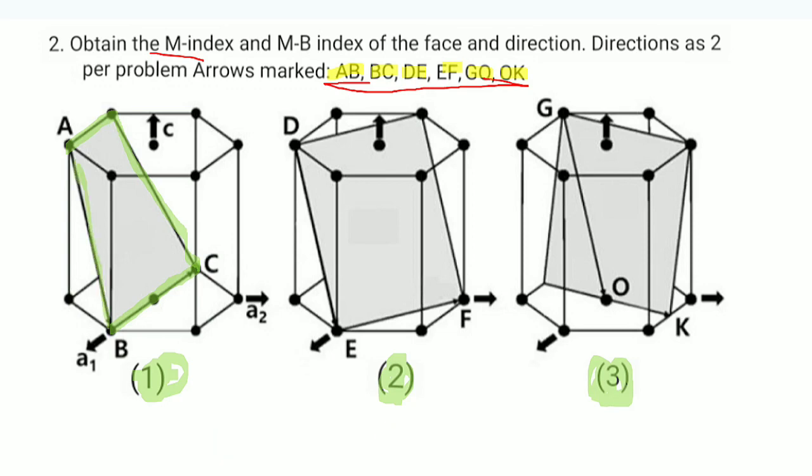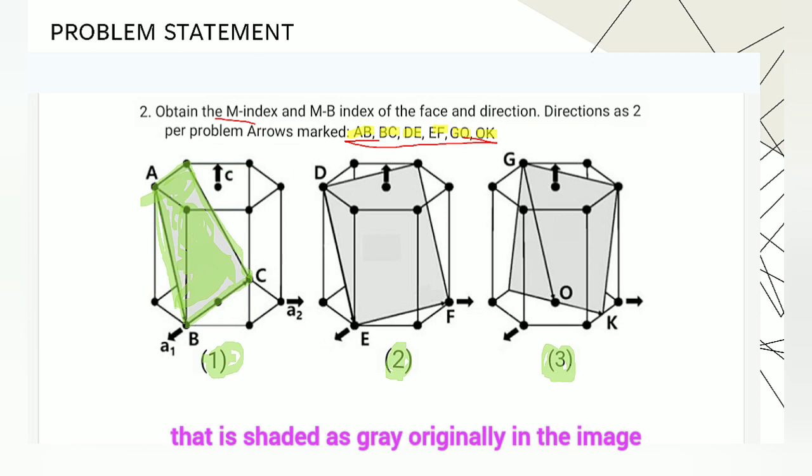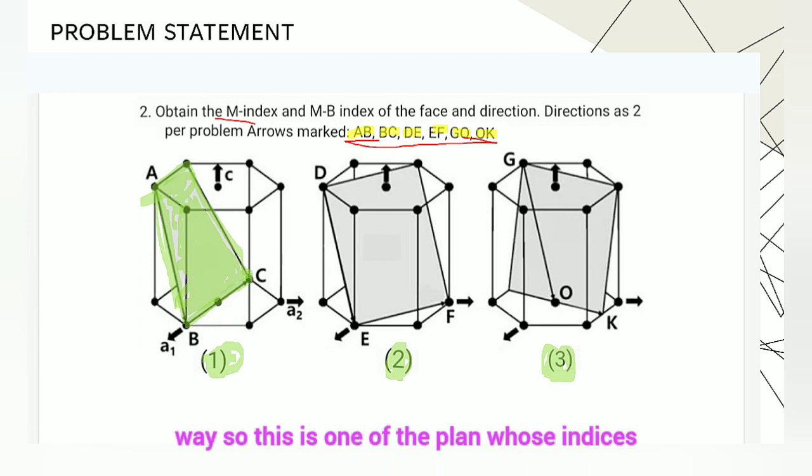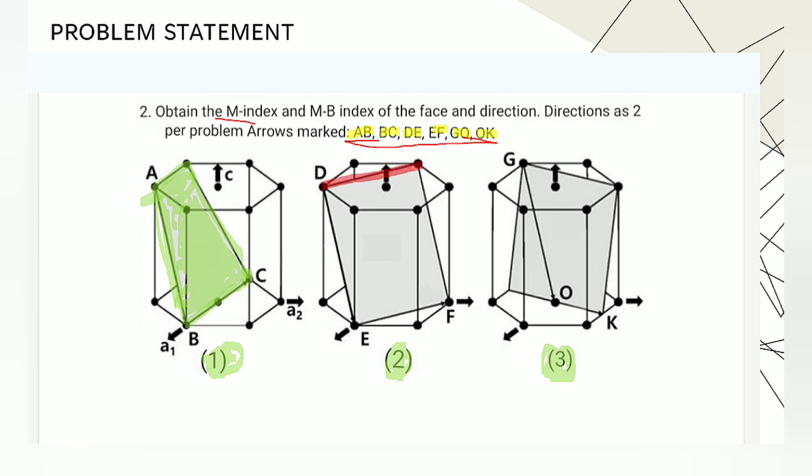I hope you can see it. It is one of the planes that is shaded gray originally in the image, and I shaded it with green in a rough way. So this is one of the planes whose Miller indices are 3 indices, okay,